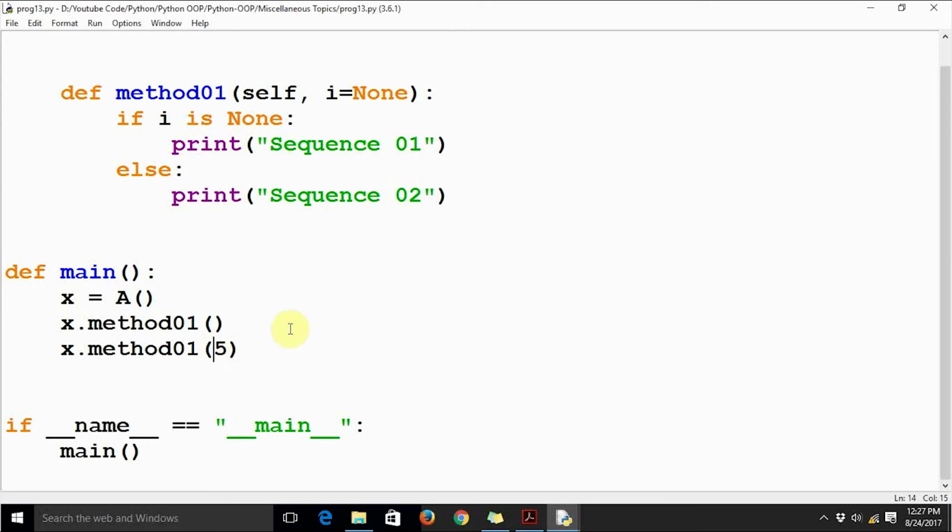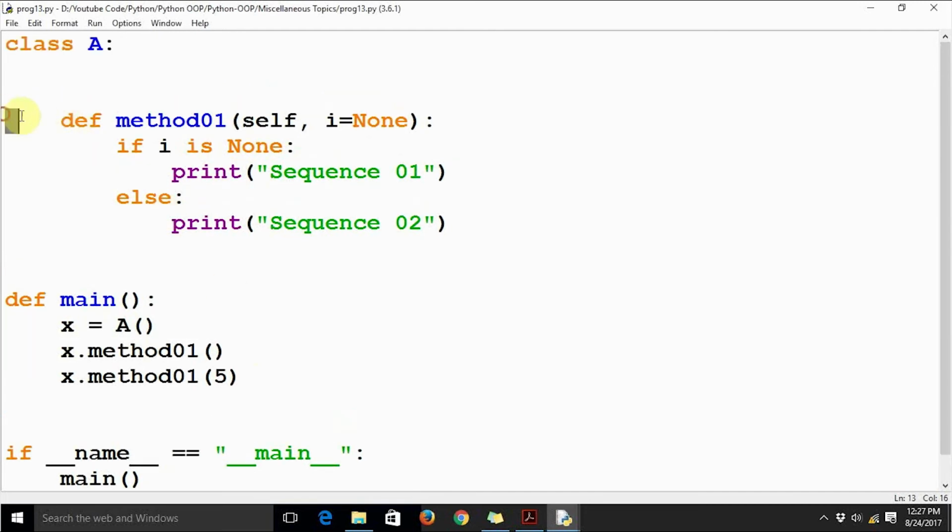Now if any of you have recently worked with C++ and Java, this sort of behavior is known as method overloading, right? As you can see, the number of parameters is different, but we have the same method name when we are calling these methods.